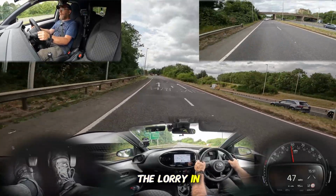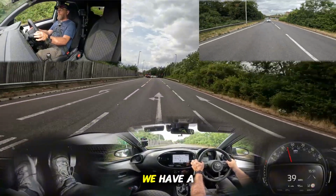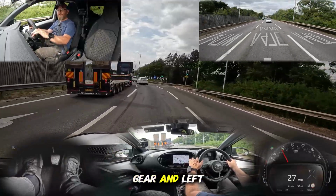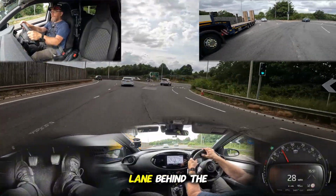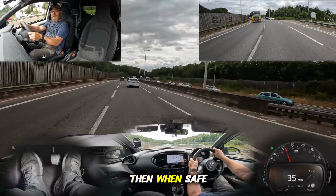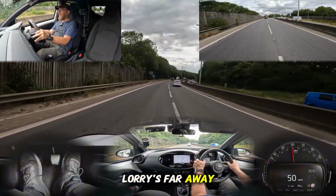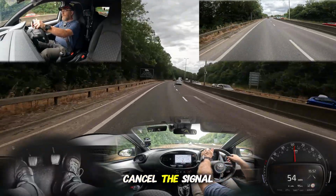I can see the lorry in the left lane, so I'm going to use the middle lane to go left. We have a straight and left arrow in this lane. The lights are changing, going into second gear and left signal at this point, so I'm going to stay in the second lane behind the white car. Gear 3, and then when safe, I'll go back to the left lane. So center left, lorry's far away, and then as soon as you're in your lane, cancel the signal,